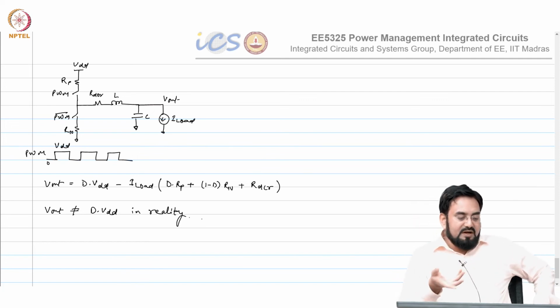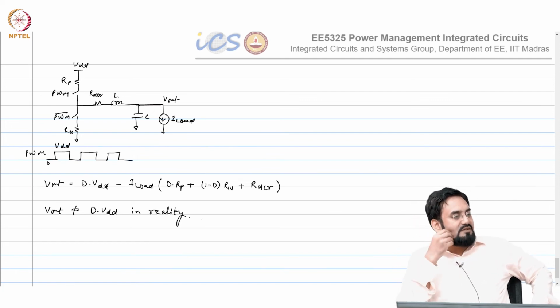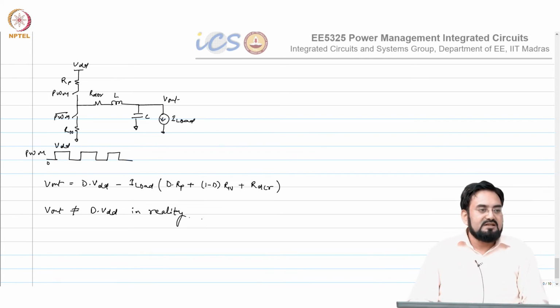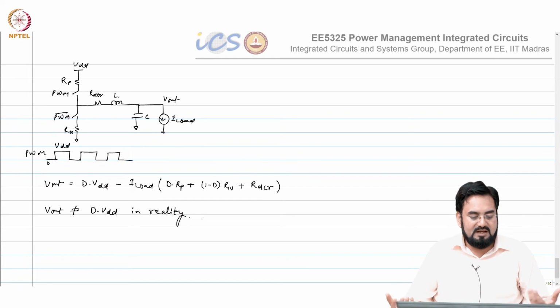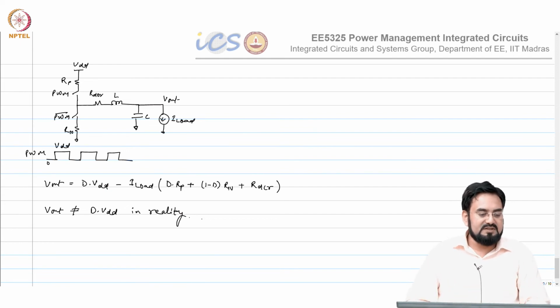If you know that V out is D times VDD, so let us say your input is 5 volt and you want 2.5 volt output, you just feed a 50% duty cycle PWM signal at the input and you will get a 2.5 volt output without any issue. But now it is no longer that, and this RP, RN and DC are also unknown. You do not know what the resistance will be, and even if you design or pick the inductor for a particular value of these resistances, those values may change across temperature or due to tolerances. So, you cannot even compensate it.